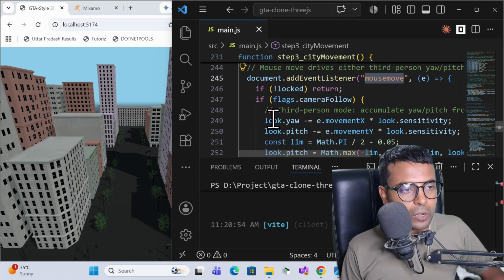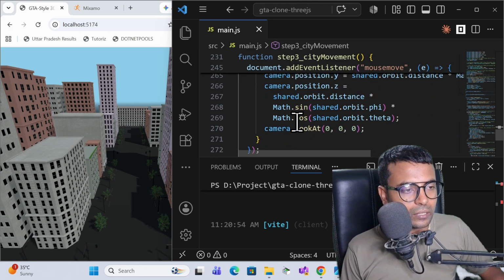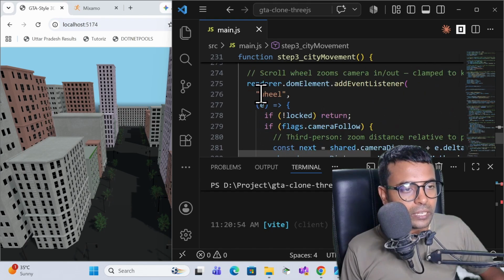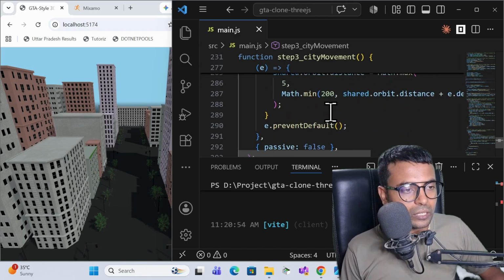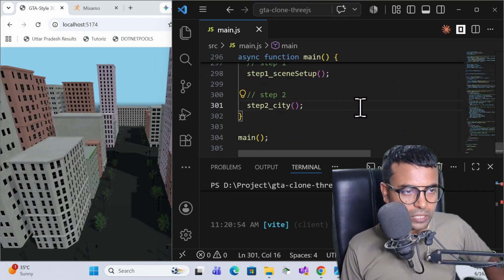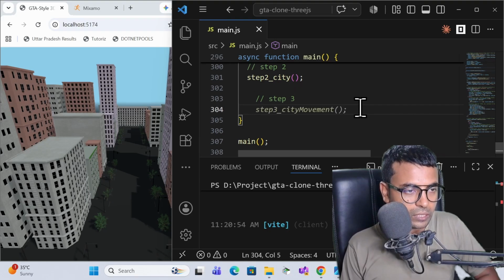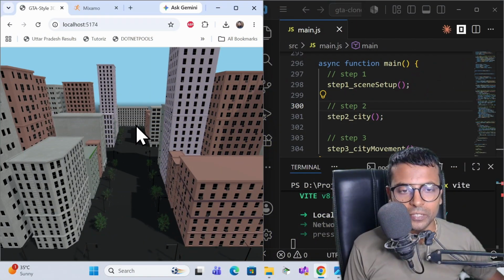And also there is a mouse movement, we also use the mouse movement, so that it handles our events and all. That is pretty good. Enable also uses the wheel where we can zoom, and also follow the third person camera and all. And I can simply call this step 3 over there, and then call this city movement and save it. So once you save it, and you refresh and I just try,